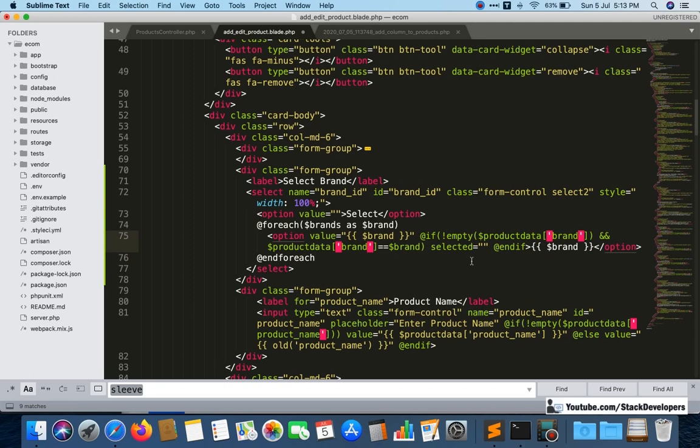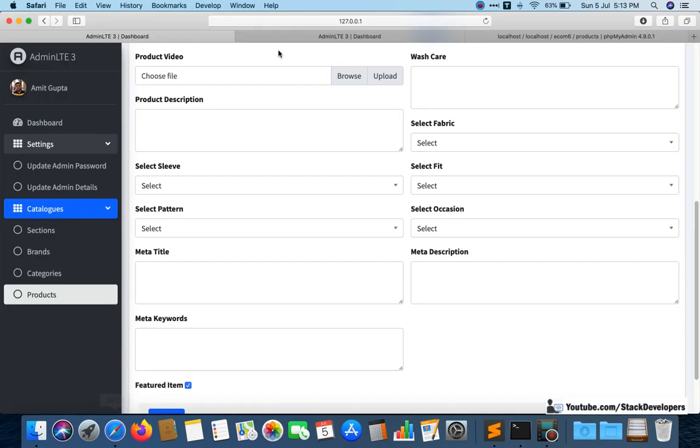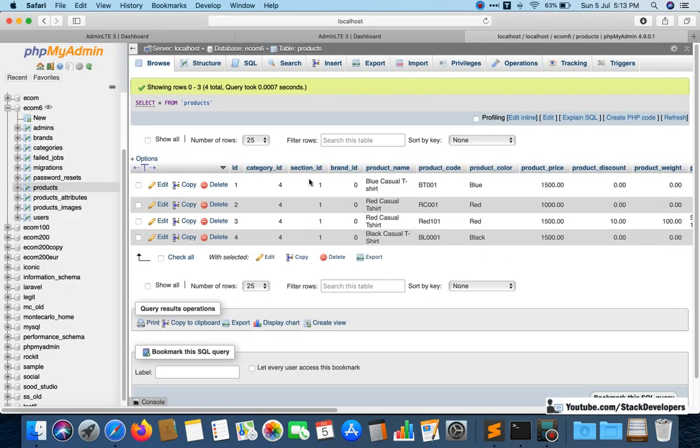We want to show the value as brand id, so whatever id it is, we are going to show the brand id.